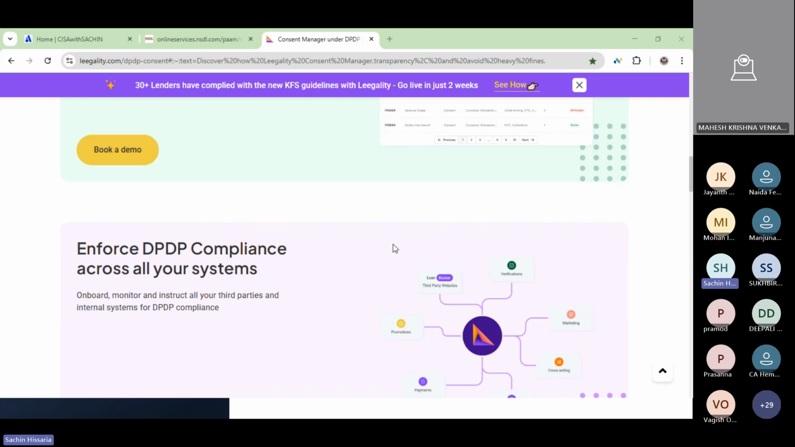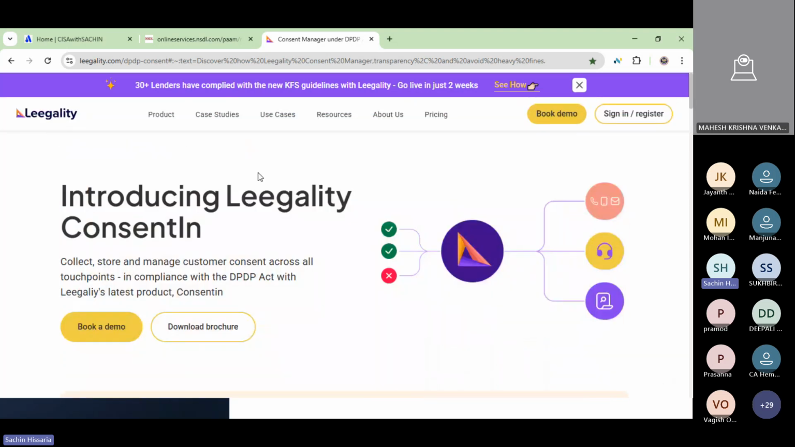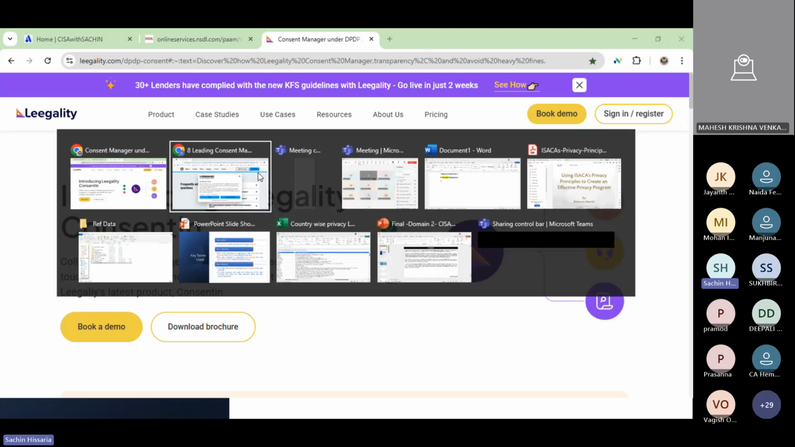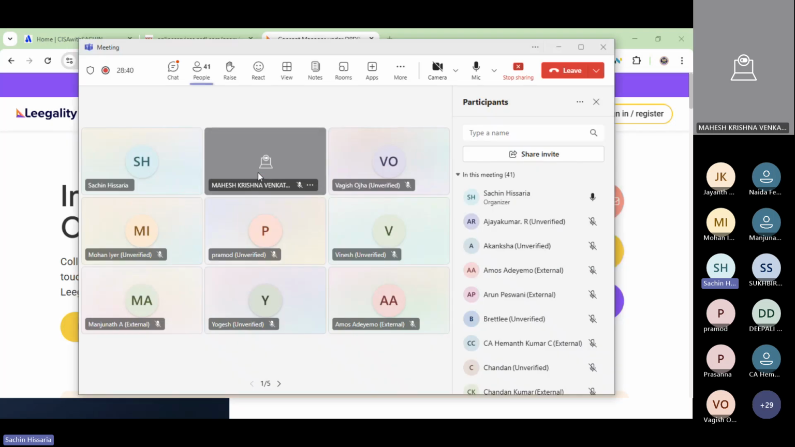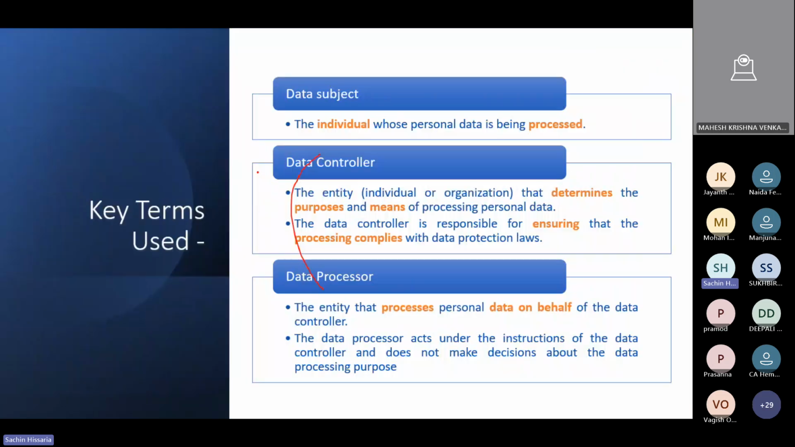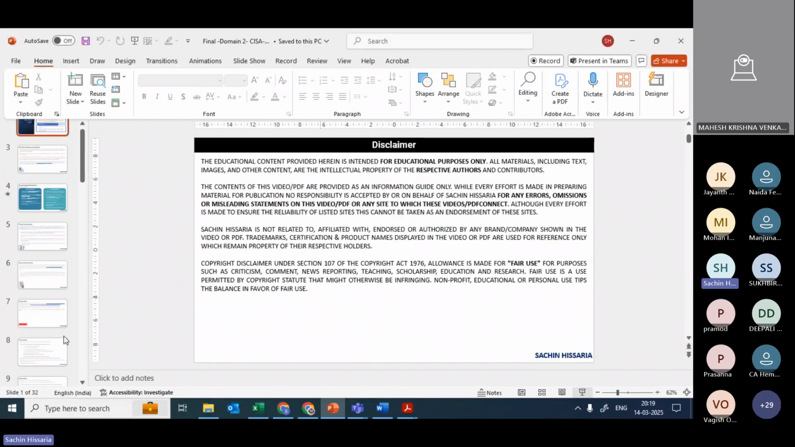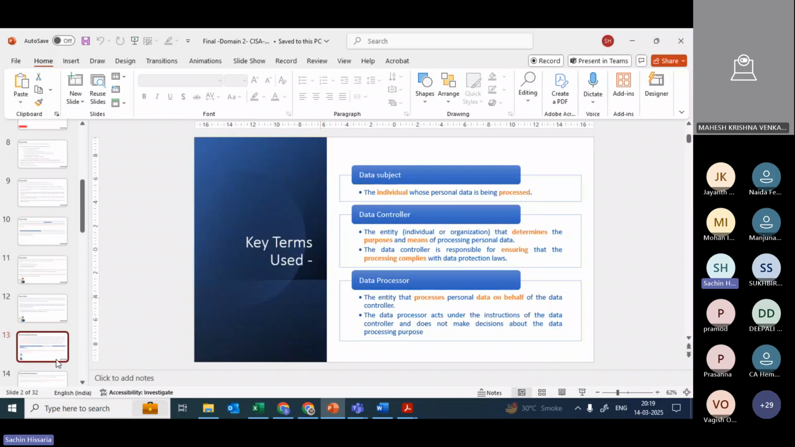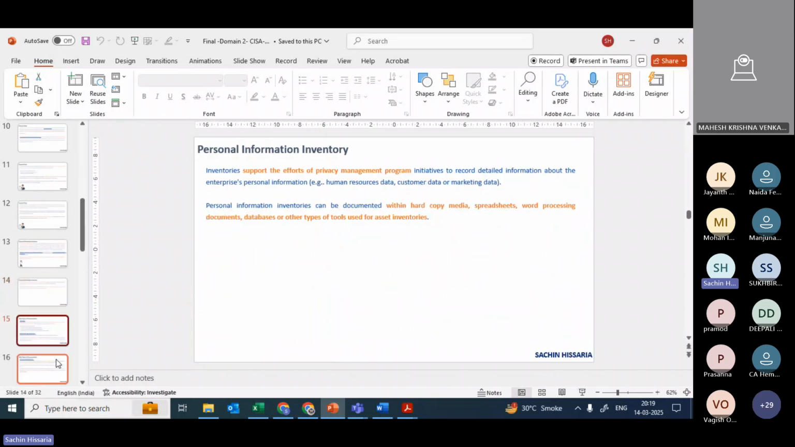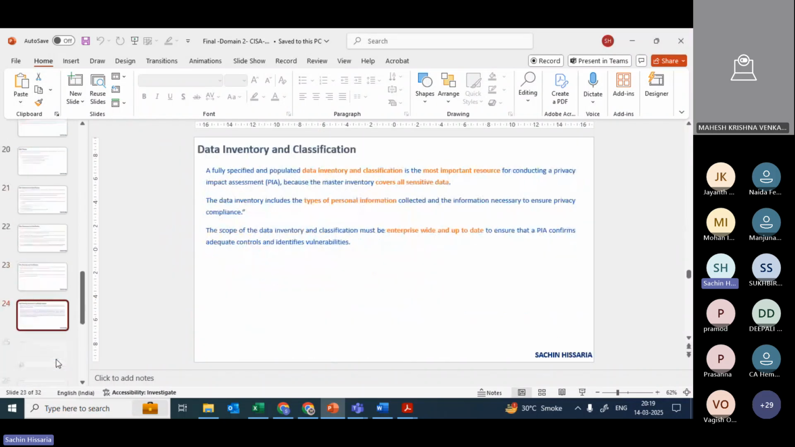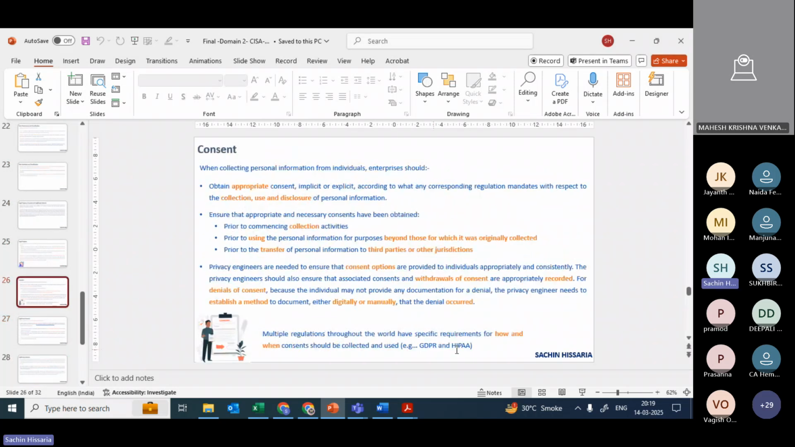So as I'm telling you guys, these tools are there. This tool will help you in managing your consent mechanism. This is one example, Legality. Apart from that, there are also a lot of other tools which are helping companies manage the consent mechanism. Now, if you talk about consent, guys, generally what details are captured in a consent? Let me quickly show you how your consent should look, what all details you need to capture in the consent. So, for example, guys,